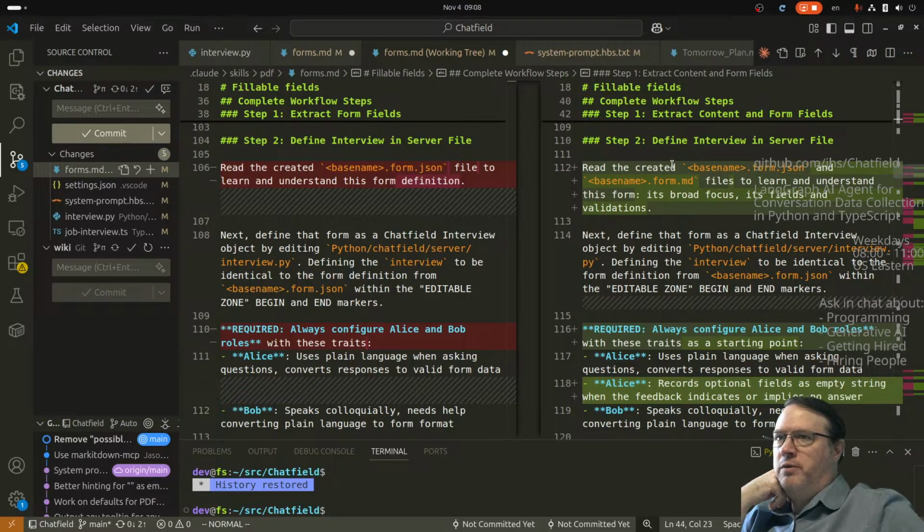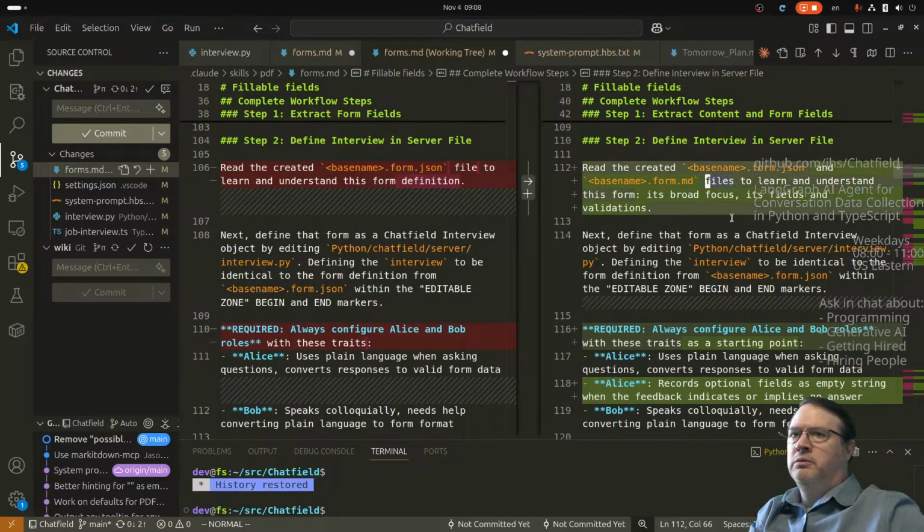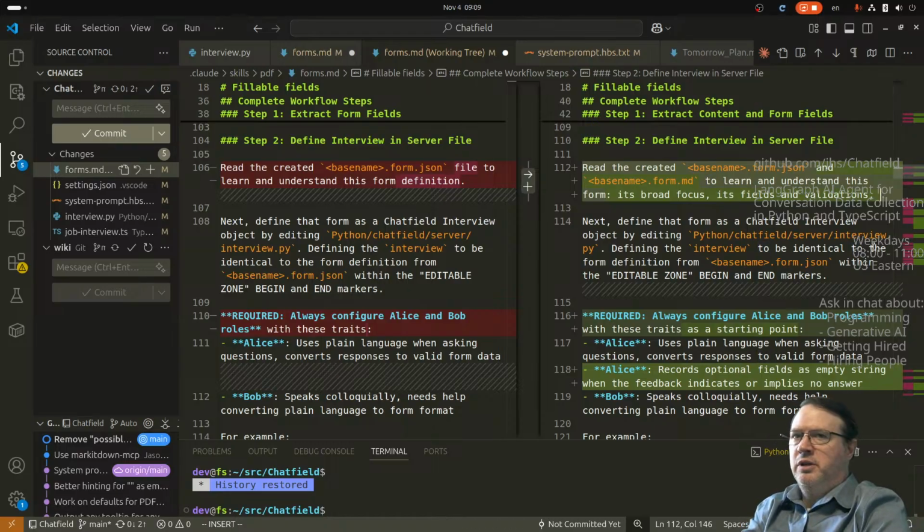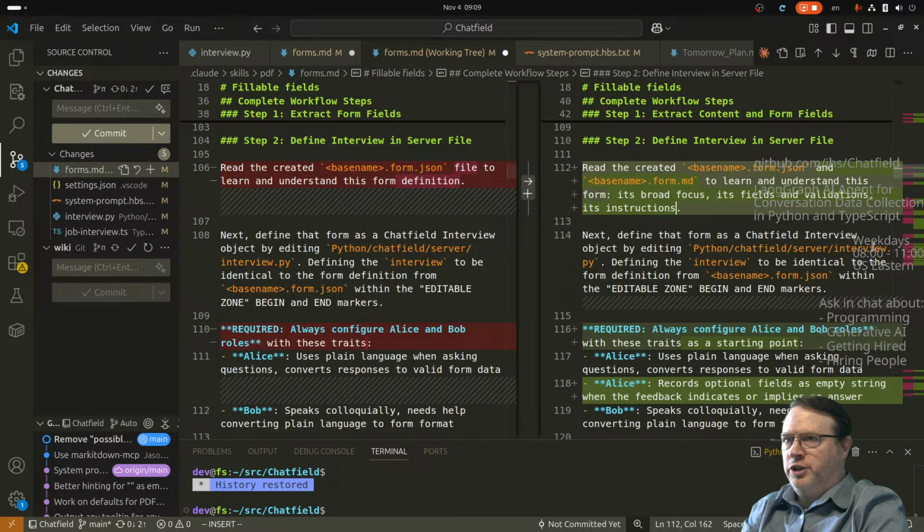Read the form.json and form.md to learn and understand this form. Its broad focus, its fields and validations, its instructions, and its usage instructions,